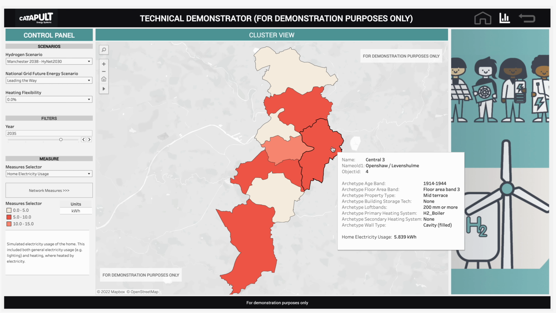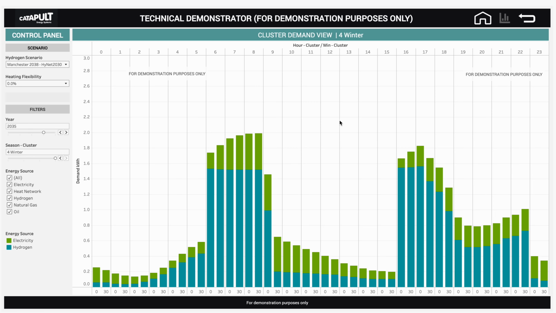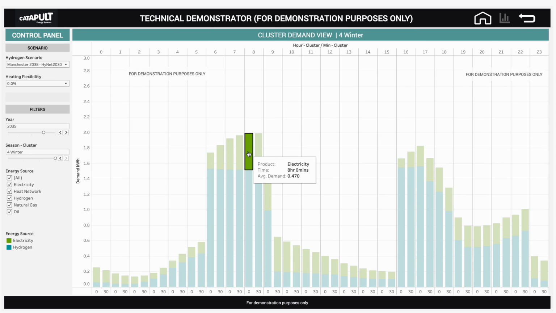Now, as well as seeing it at this high level, we can also drill down into the particular demand profile. So what this is showing is a 24-hour period, so you can see these hours along the top, and then it's also split down into half-hourly chunks as well. So this is 6 o'clock in the morning. We see that peak really starting to rise and ending around 9:30. So at the moment we've got HyNet selected, so as you'd expect there's quite significant hydrogen consumption as a total proportion,